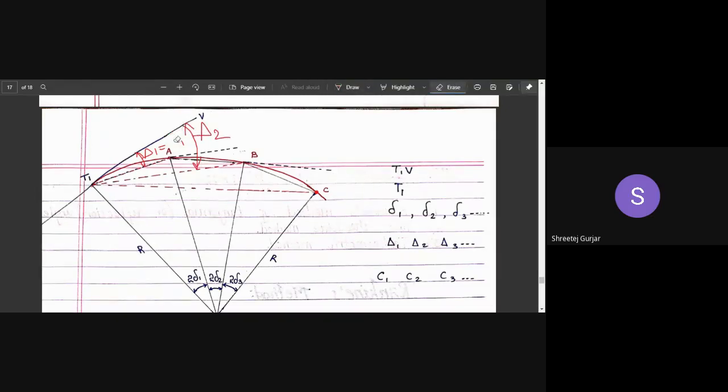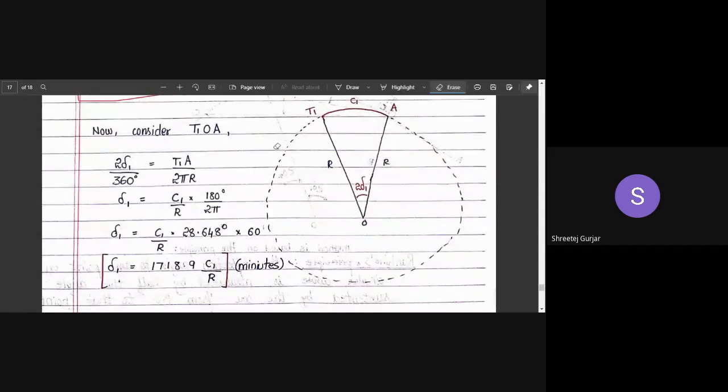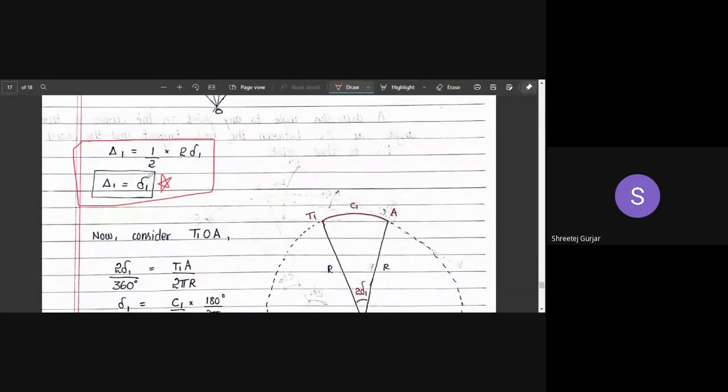Deflection angle 2, which we need to calculate. First one is very easy, no problem. Now second, delta 2. Okay. So before we move to second, one more thing which we have to take care is this particular delta